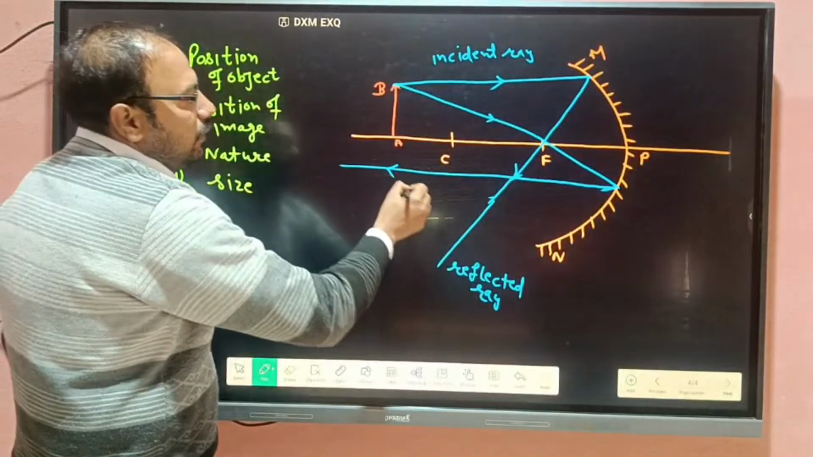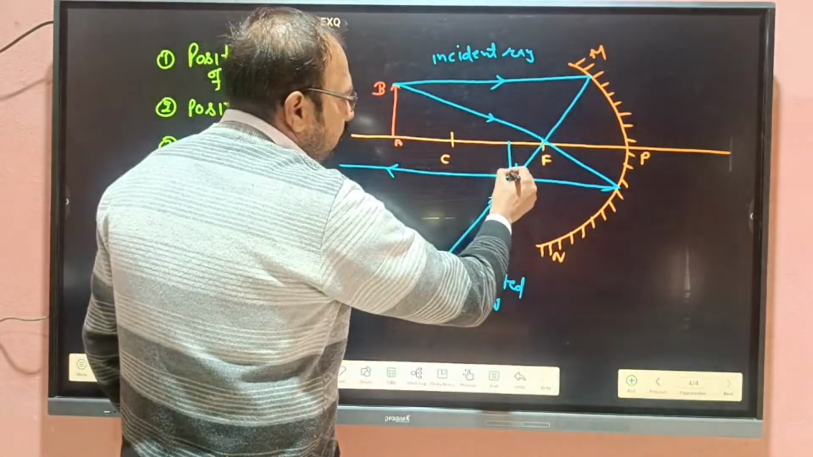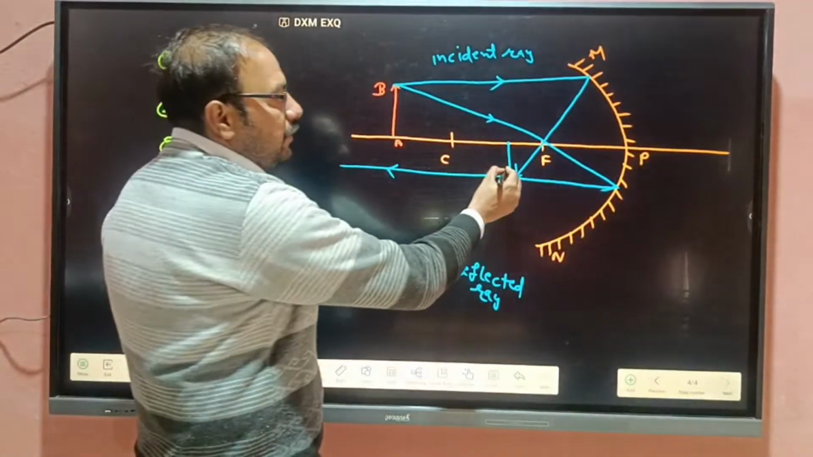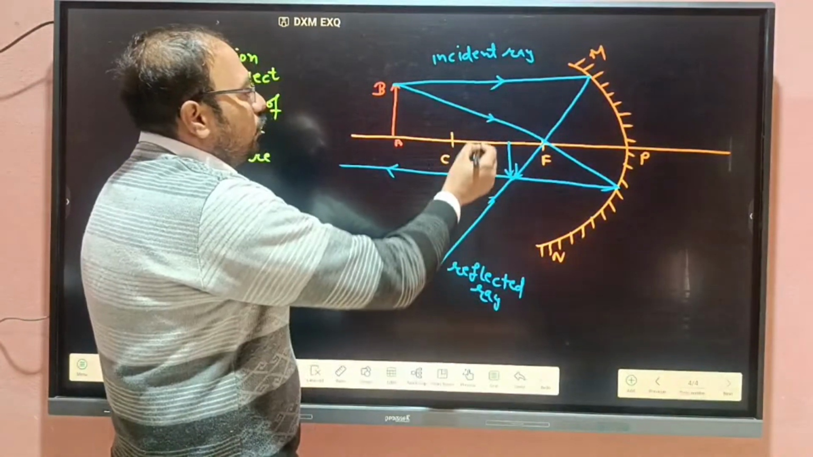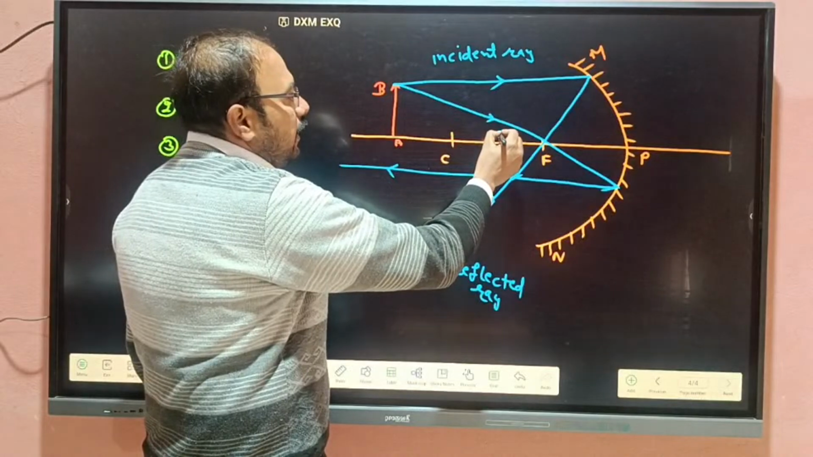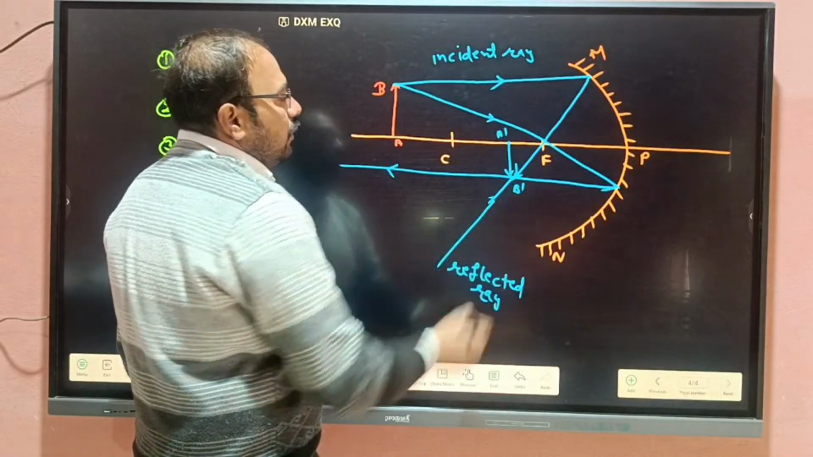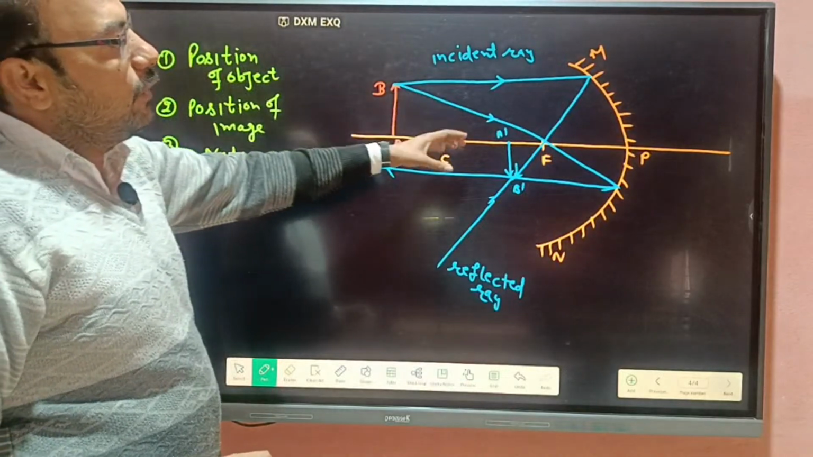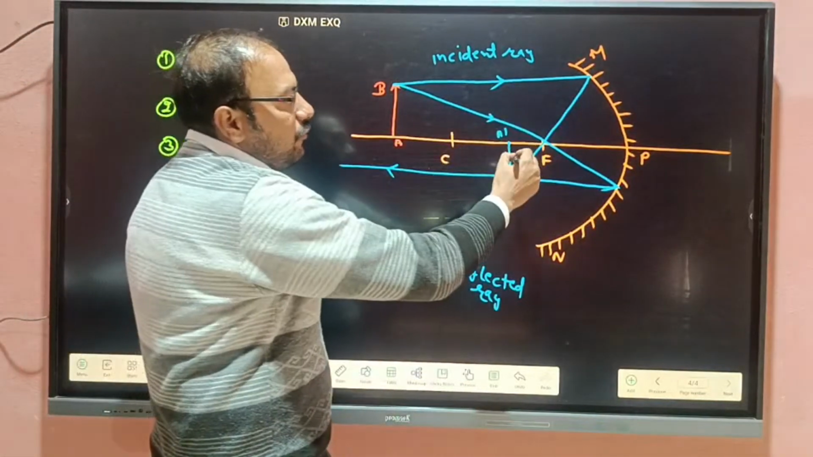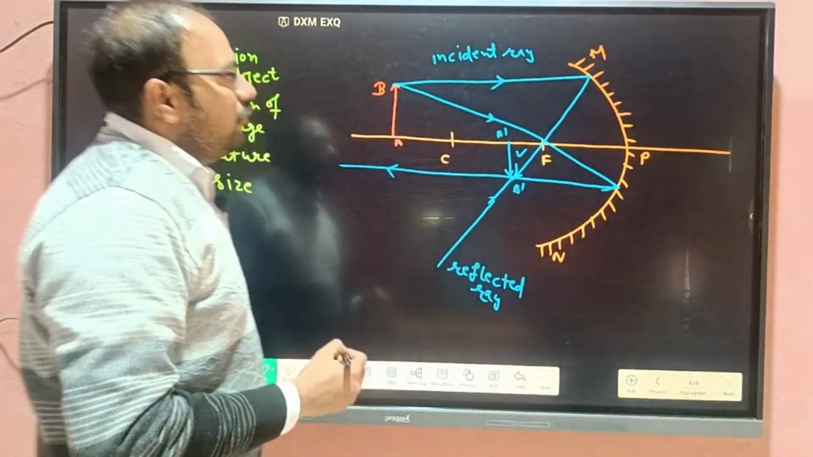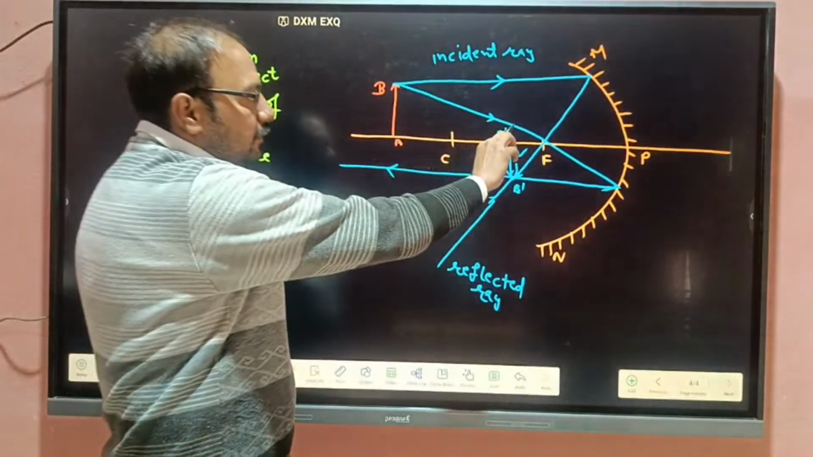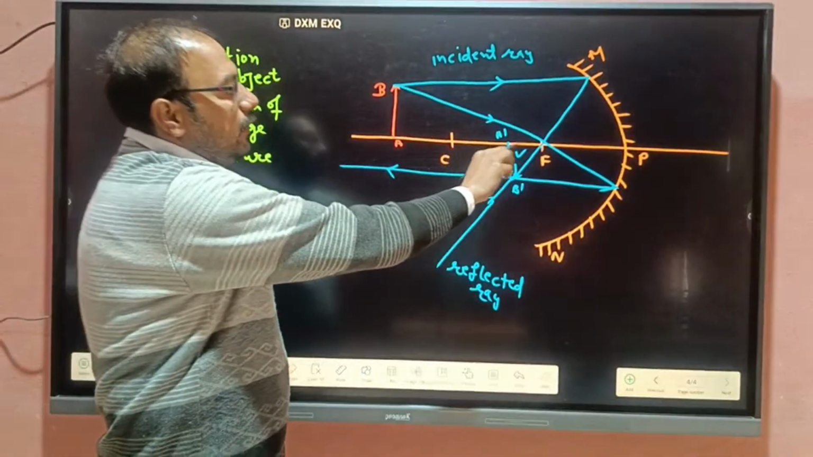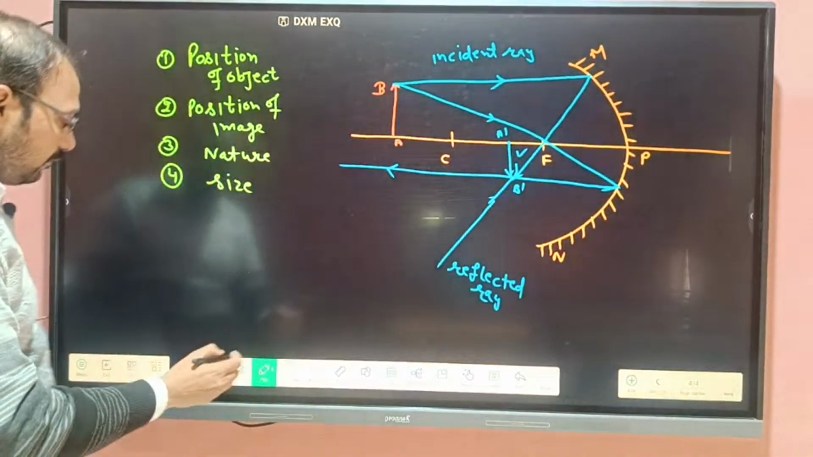Okay, so where does the image form? This is the point of intersection where the two rays cut. So here the image forms. We name this image A dash B dash. Here the object is placed at the principal axis and an inverted image forms below the principal axis. This image is small in size, and what is the nature of the image? It is real and inverted. So here we write,